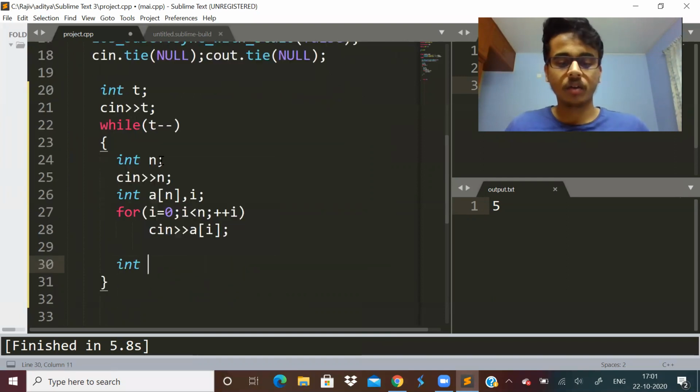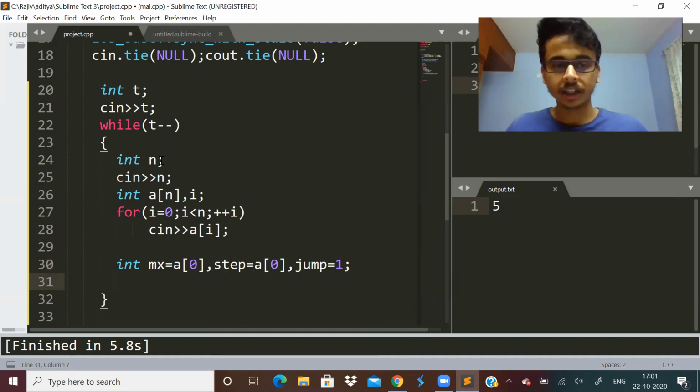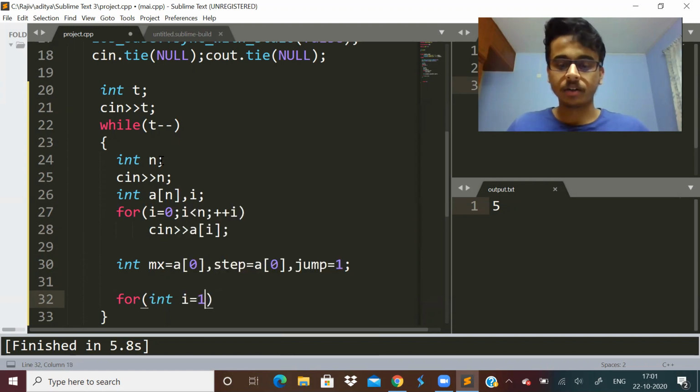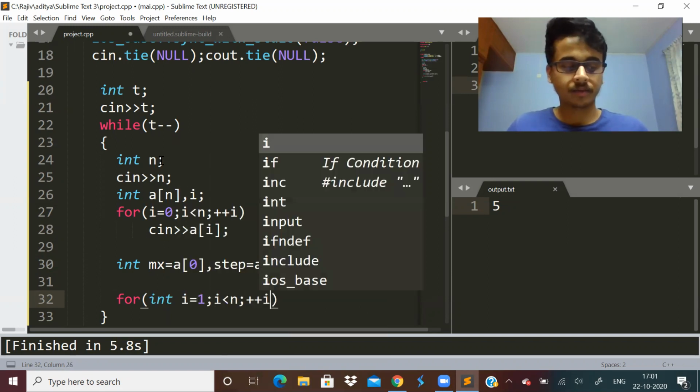Okay, so now I'll take a variable called max. It will be a of 0. Let us take a variable called step, and let us take a variable called jump, which is 1 initially. Okay, then what I will be doing is I will run a loop from I equal to 1 to n,